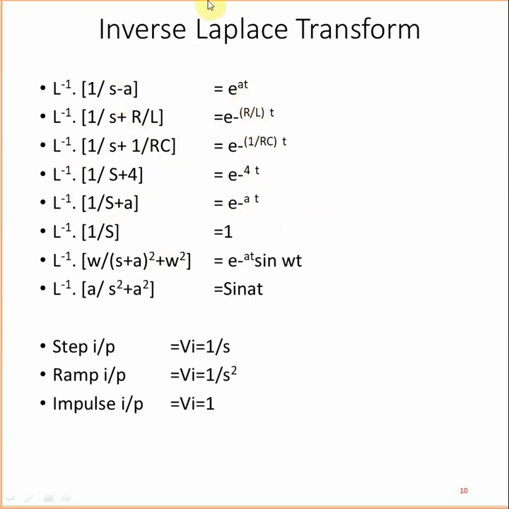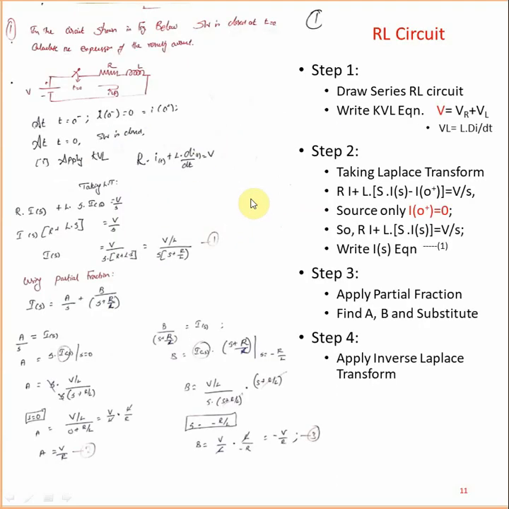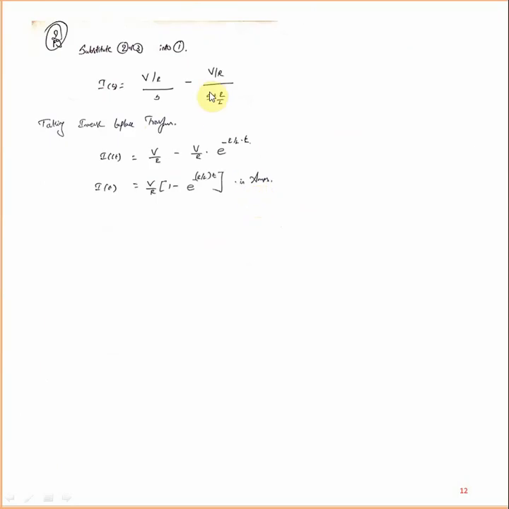So see that one, its equation you need not mug up. It's a simple concept. S plus a means e power minus at. So plus, e power minus r by l into this constant. That's all. So which one is common? You can move outside. That's all. Derivation is over. So these are the 4 steps you can complete.